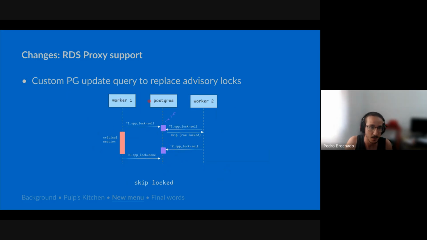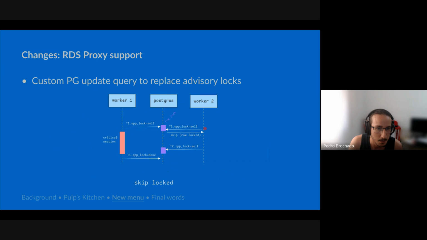So that was the first part. And the second part was to replace the advisory locks with a custom update query. So a worker would try to assign itself to the app lock, say it's using that.